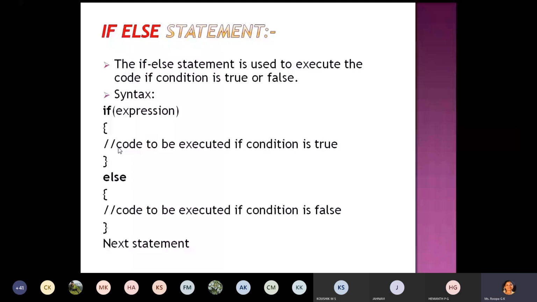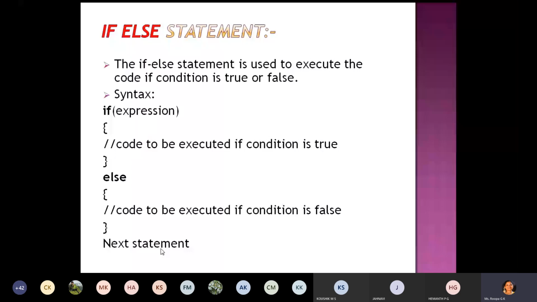If the condition is true, this block. If the condition is false, another block of statements will be executed. Maybe the condition is true or false, after that the next statement will be executed. So the next statement will be executed only after the first part or the second part. Every time any one block will be executed.